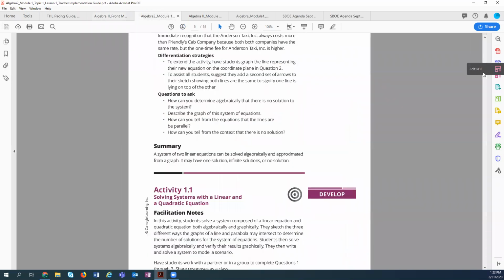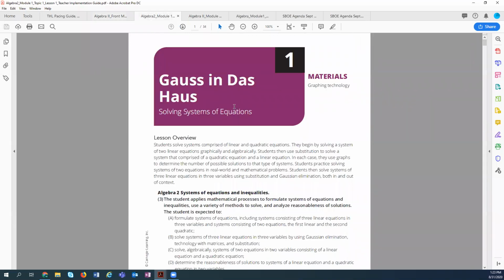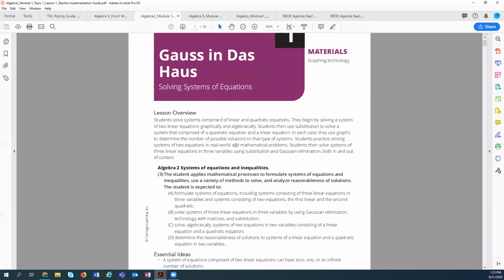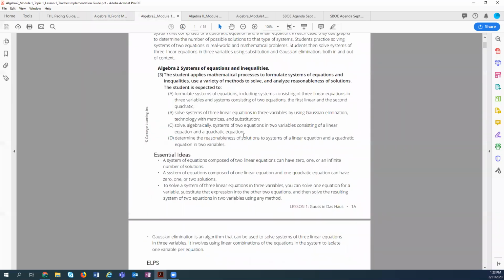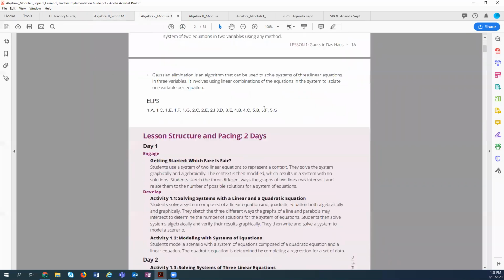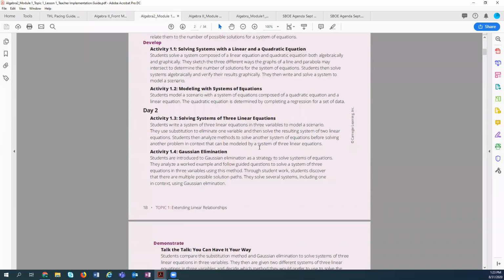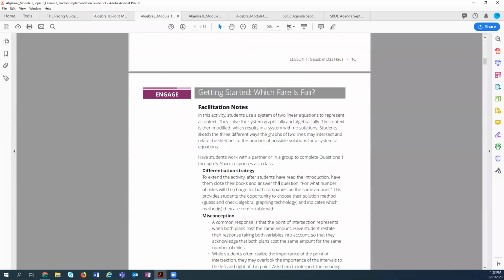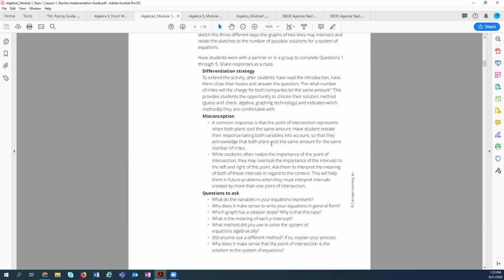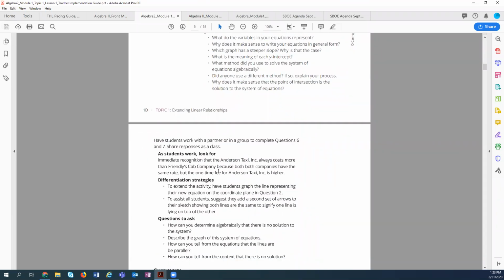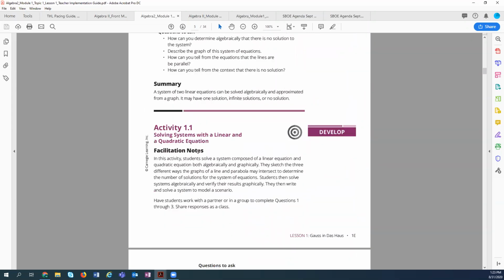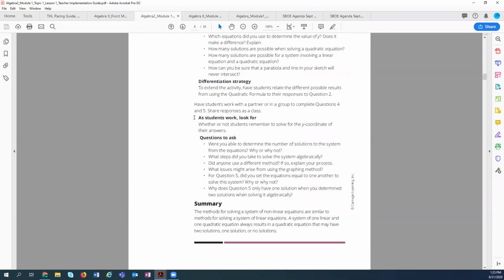The next material that is really helpful to look at is the teacher edition of the module. So in Algebra 2 here, the first module is solving systems of equations, and you'll be able to see the progression of lessons, understand the activities that are occurring, and then it talks through facilitation notes to support teachers as they're instructing, identifying some common misconceptions and questions to ask to support, differentiation strategies, and continues to support with each individual lesson.